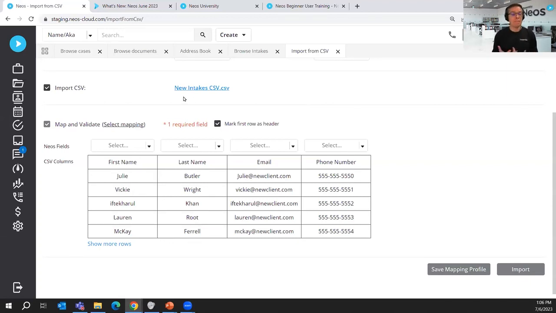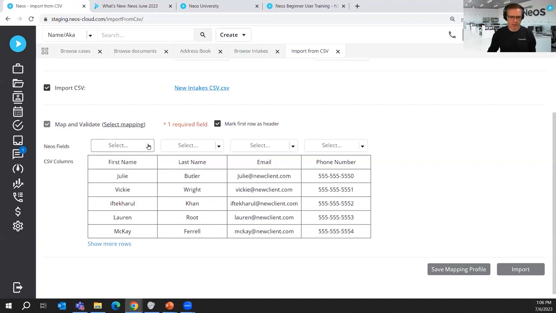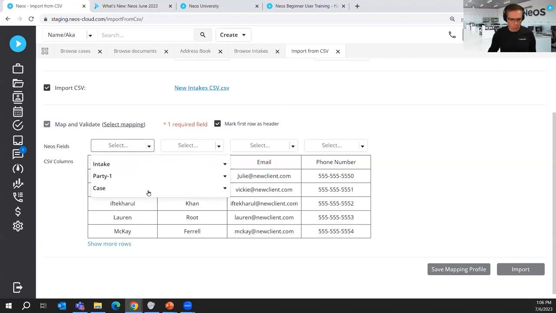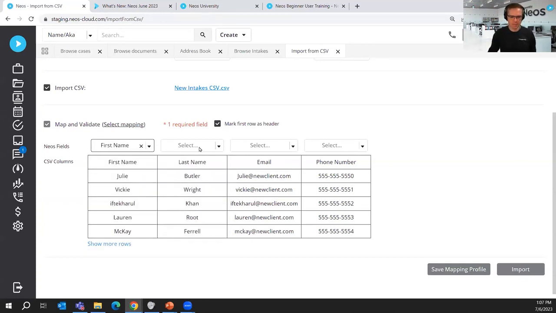Next, I've got to map the fields. We need to make very, very sure that the data coming in is identified properly and each individual field goes to the right place. So how do we do this? So easy. Drop downs. For this column right here, I've got a drop down right above it and it says, okay, what is this? Is it an intake field? Is it a case field? Happens to be a party field and happens to be first name,